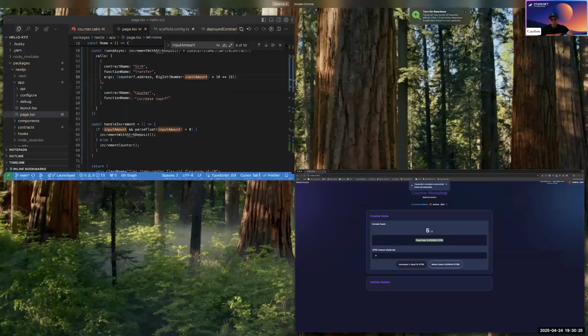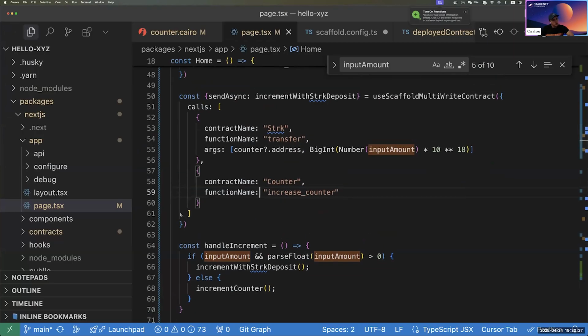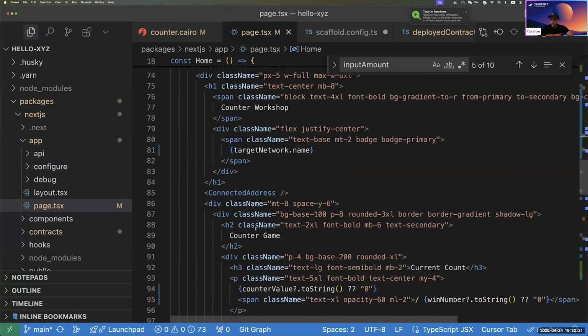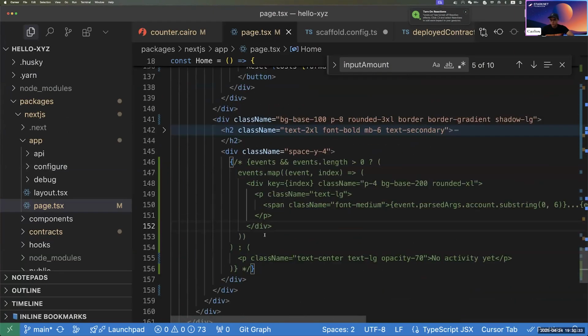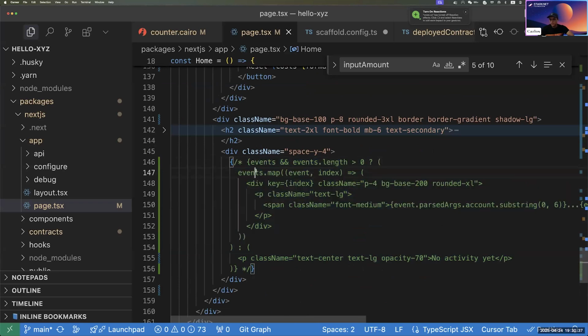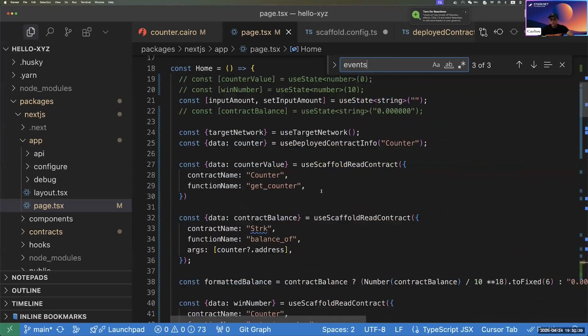Let me check so we can do this part. Okay, let's try to do the events. I think the events is a bit more important first. So this piece of code is already there. We just need to declare these function events. Okay, so these events,